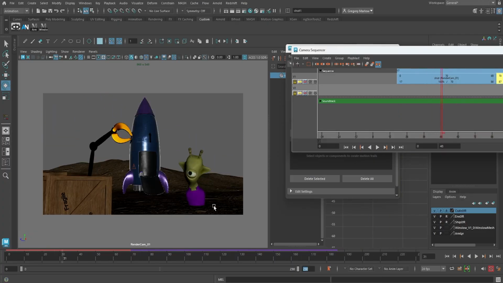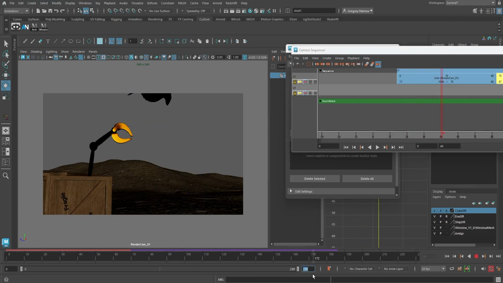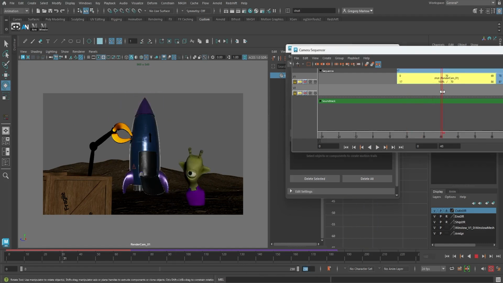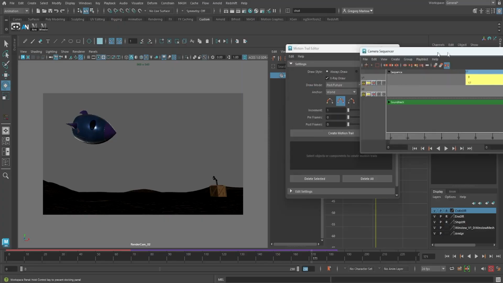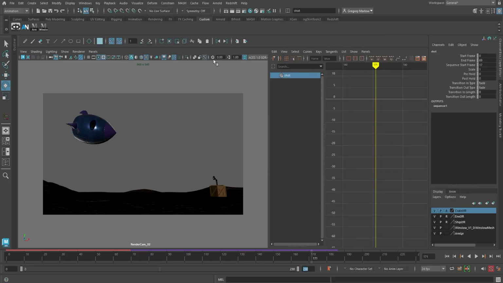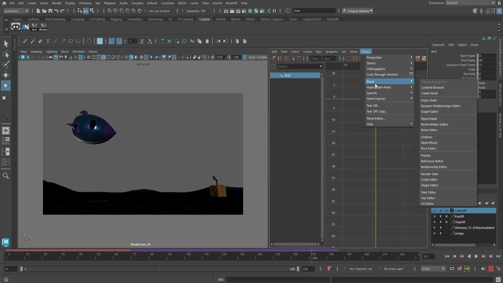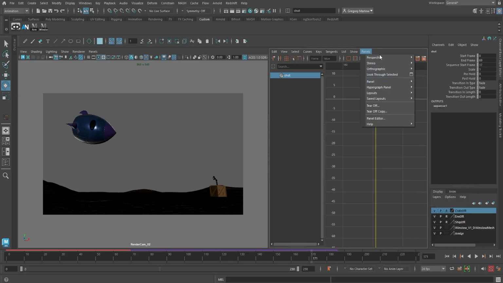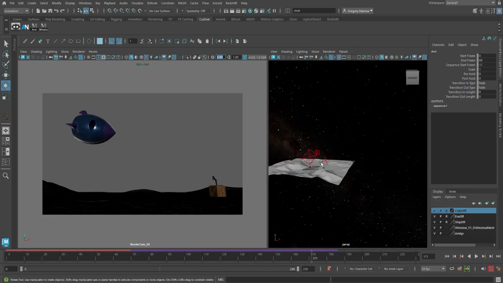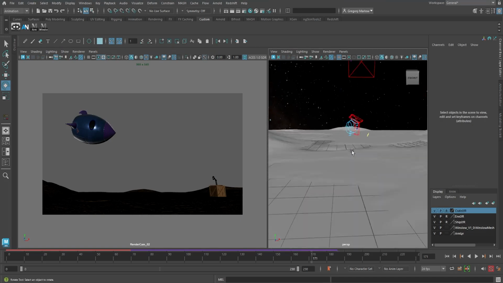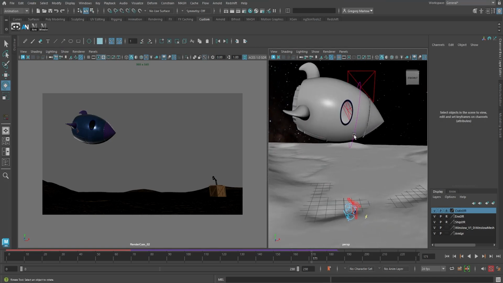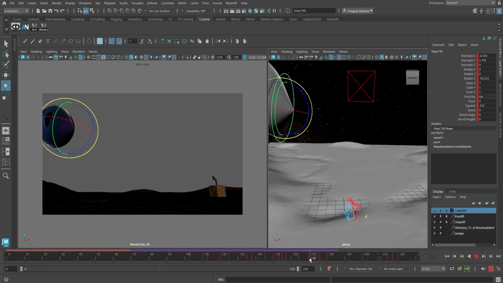So I still think the spaceship just sort of zooms off screen a little slow. So if I watch it right here, how quickly it goes off screen feels just a little slow to me. And so I'm going to just go ahead and grab that. Let me go ahead and put this back in my perspective view. And it's really just how long it takes to go from here